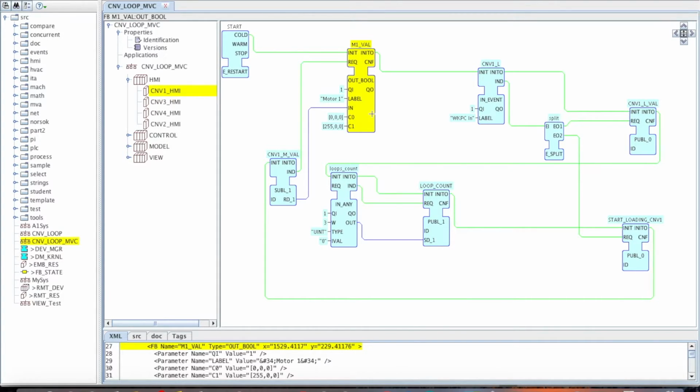Then there is also this input for loops count. It's of unsigned integer type. We can insert a value, and this value is sent to the controller, in particular, as we will see in a moment, to the second